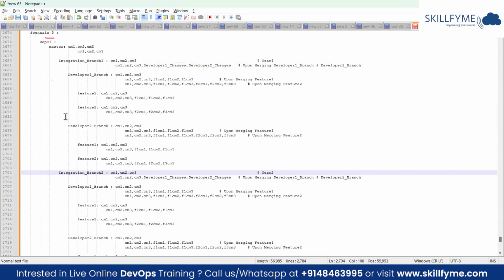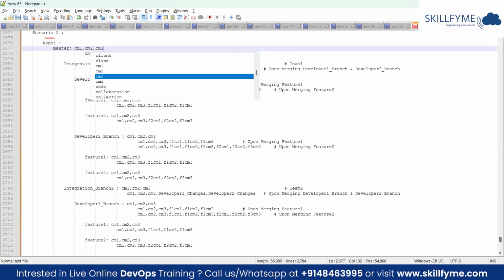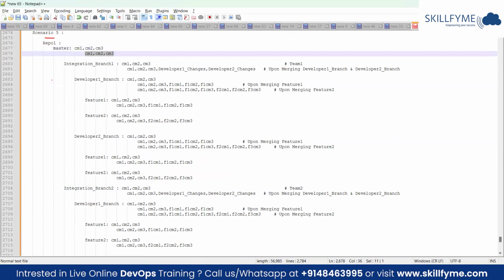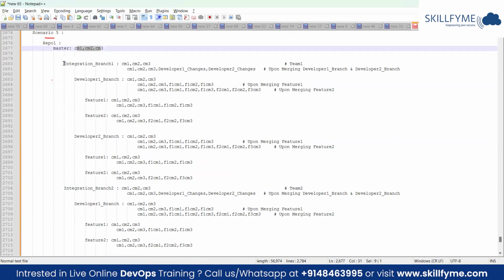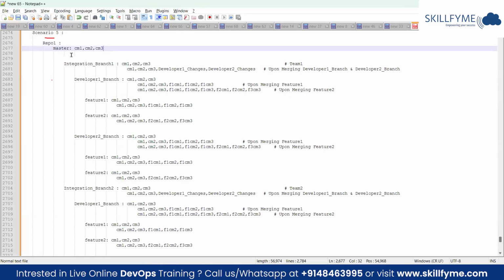So if you look into this workflow here, I have a master branch initially with some commits, CM1, CM2, CM3. Based upon these initial 3 commits, we have created one integration branch for team 1 and one for team 2. In each team, they can have their own developers. They can create their own features and immediately work on it. If team 1 is ready with the changes, can we directly allow them to update the master branch? Because if both the teams are working on the same file in the target machine, it will impact the integrity